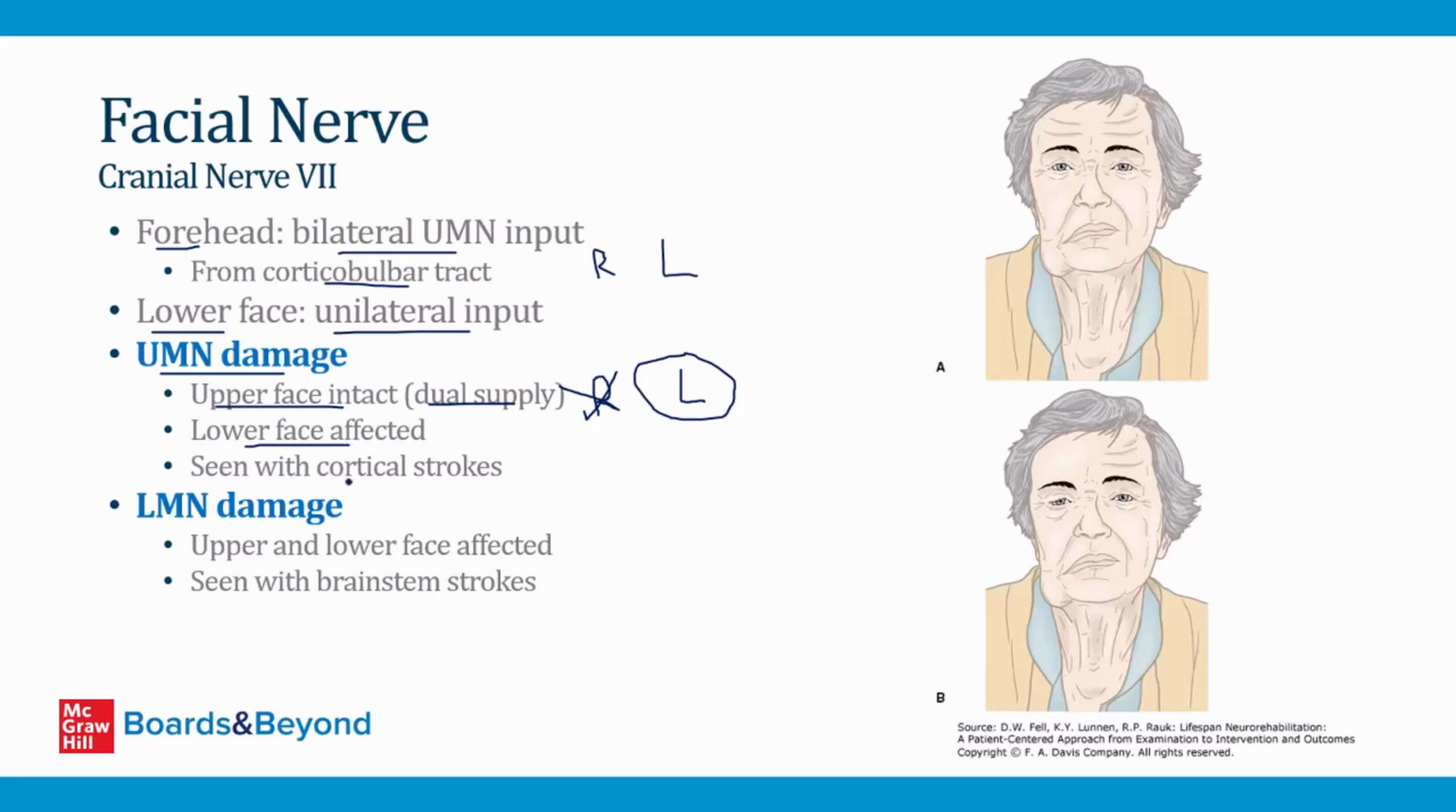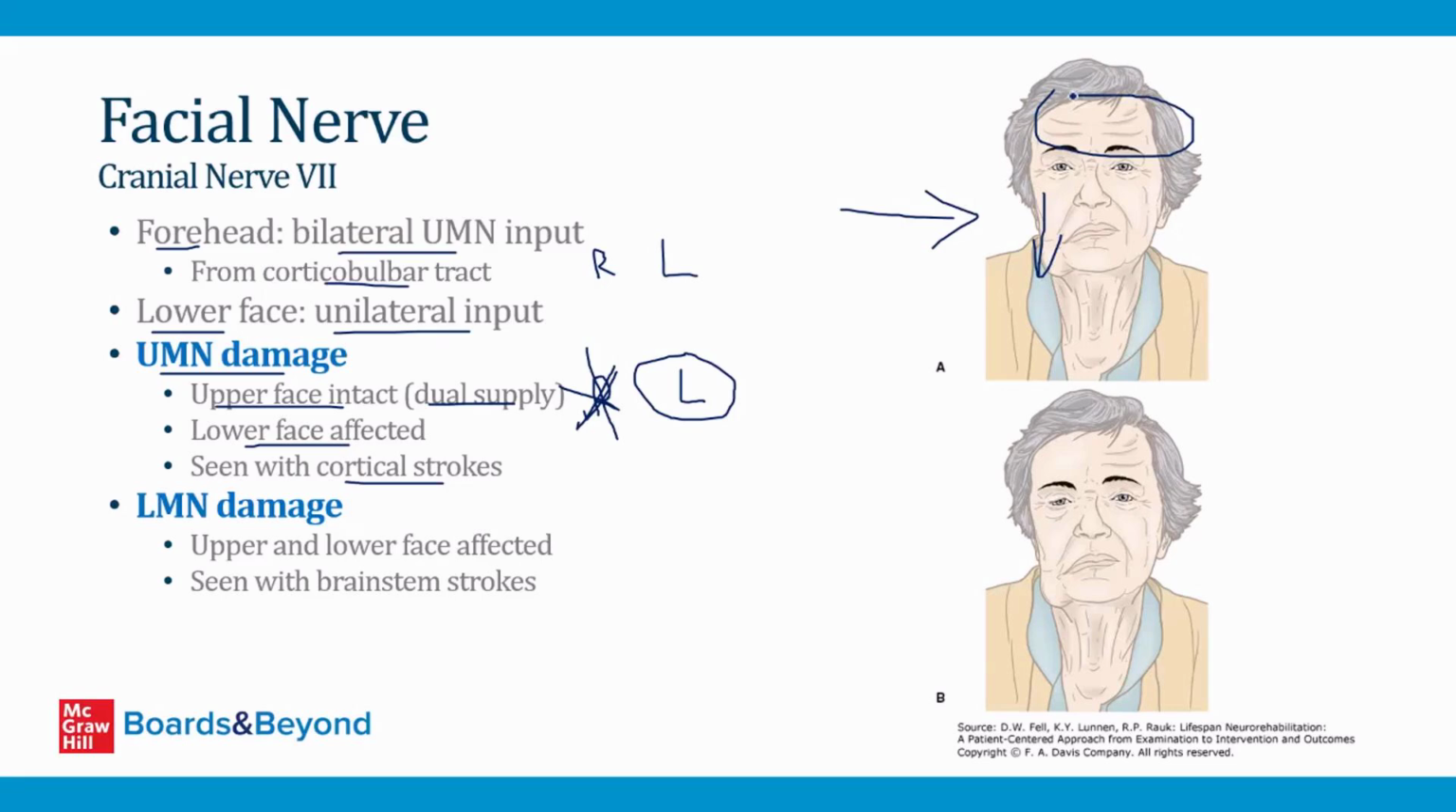And that's what you see in patients who have cortical strokes that take out, for example, the right cortex. The left side is still intact, and so the forehead is not going to droop. That's what's shown in this upper picture here. It's not very obvious, but this patient has droop in the lower face, but the forehead at the top on